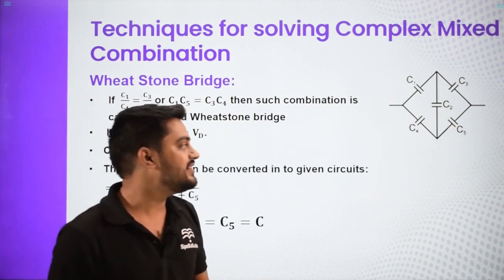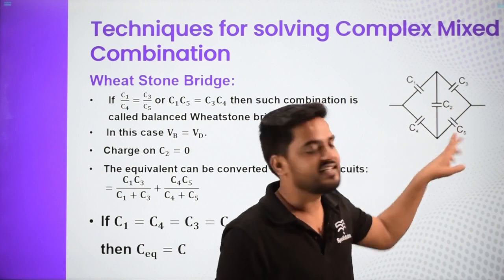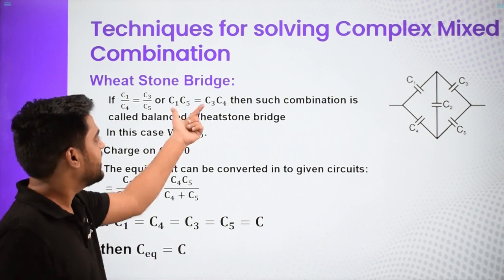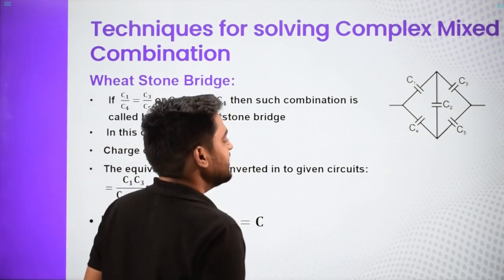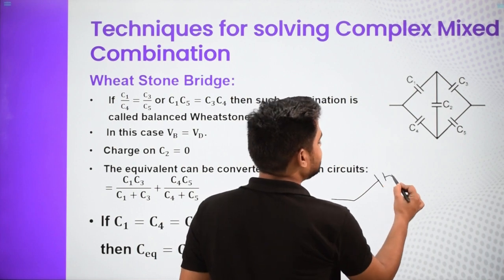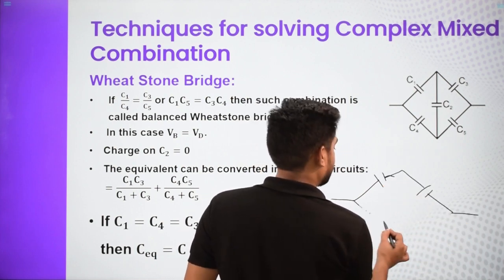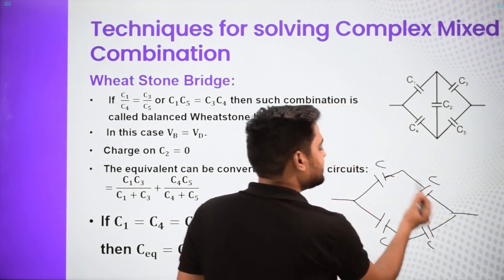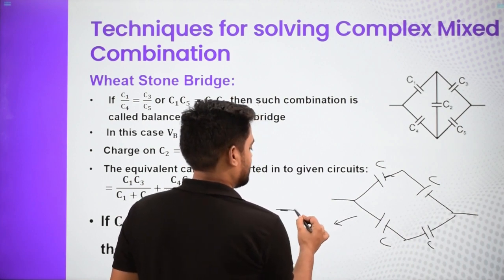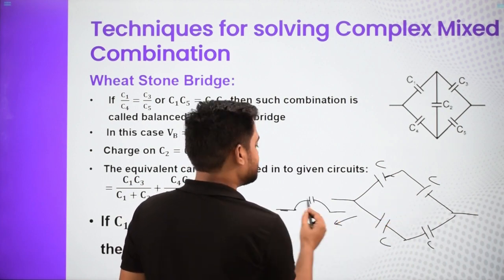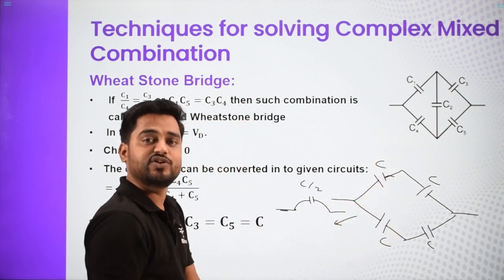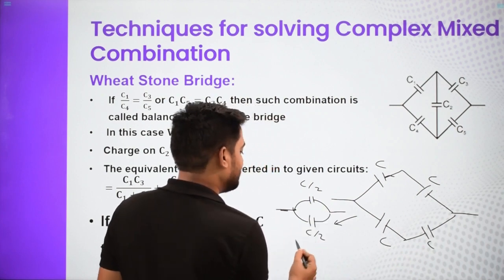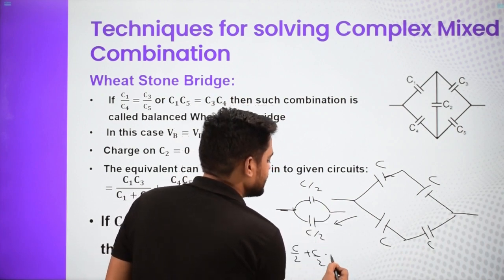And what if all the capacitors are equal? Then C square is equal to C square. If all of them are equal to C, then the condition is already satisfied. So let's make this C, this also C, this C and this also C. These two in series become how much? These two in series become C by 2: 1 by C plus 1 by C is 2 by C, and when we take the reciprocal, we get that. These two also form C by 2, and in parallel we simply add C by 2 plus C by 2. So we get the total as C.